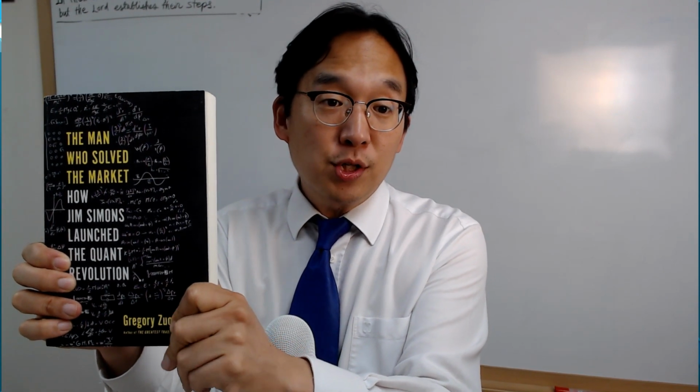Another book that I want to recommend to you is Business Data Science by Matt Taddy, Amazon chief data scientist. It uses a lot of R coding for data science, so either R or Python. And another book that I'm going to talk about a little bit today is The Man Who Solved the Market, about the Renaissance Technologies hedge fund manager Jim Simons, a Harvard math professor or something like that.